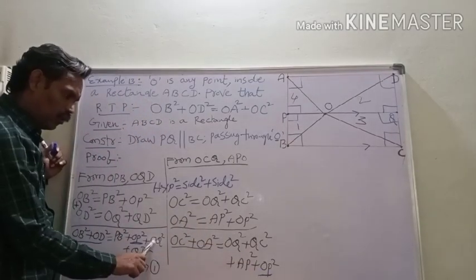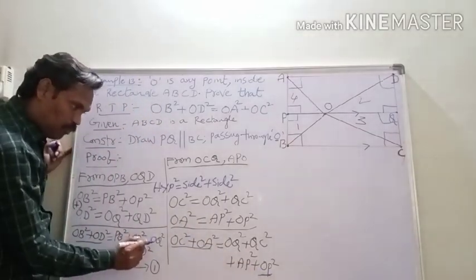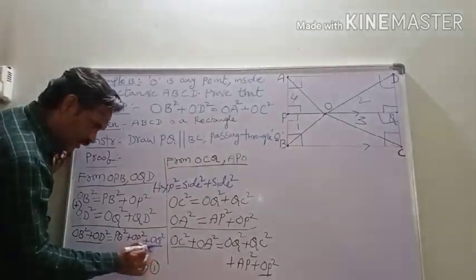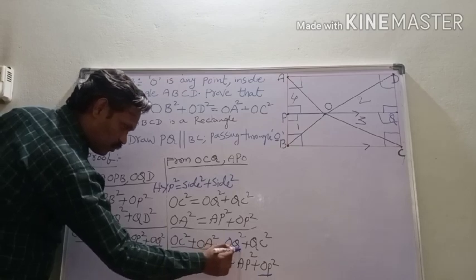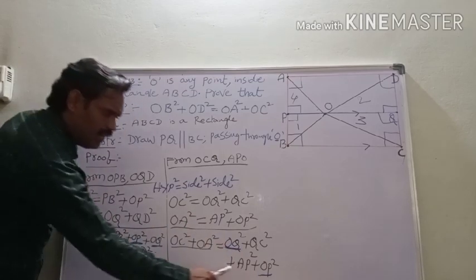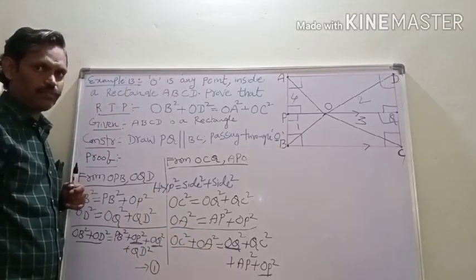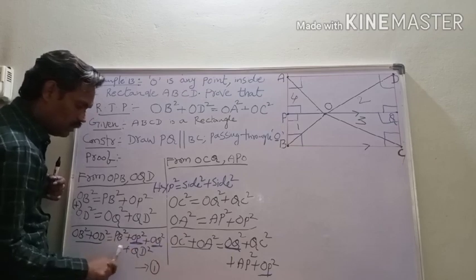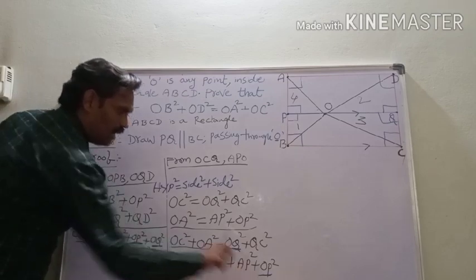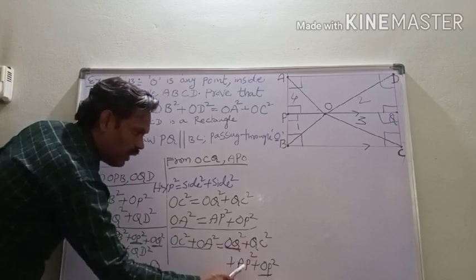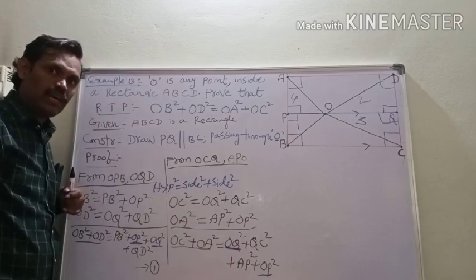Next, come to OQ square. Here we have OP square. Here also we have OP square. Therefore, you have to underline the like terms: OQ square, OQ square. Here QD square. But here we cannot find QD square. So, among 4 terms, 2 terms, this one and this one are equalized. So, we have 2 terms, that is QC square and AP square as the odd ones.